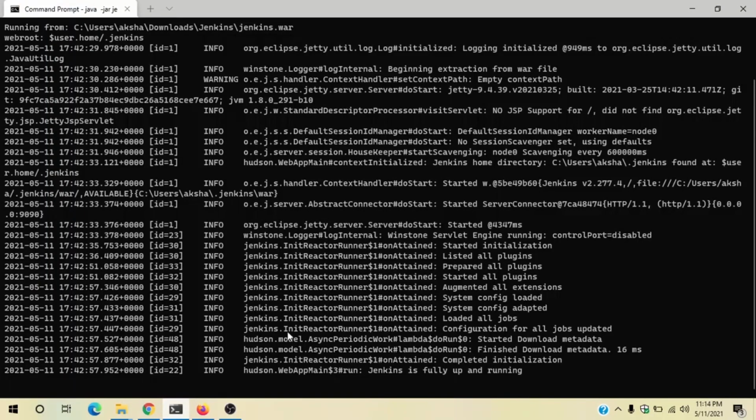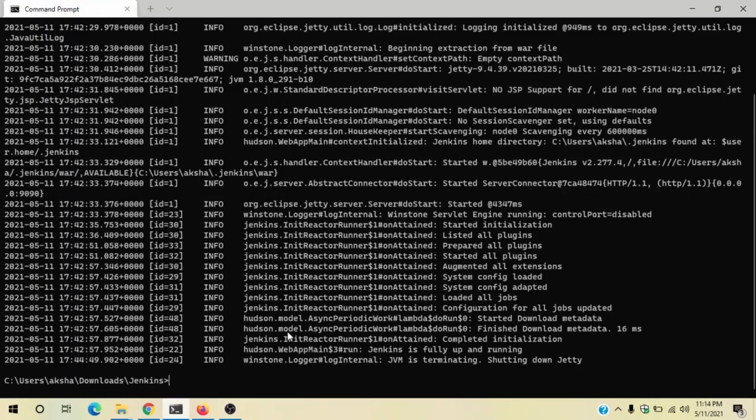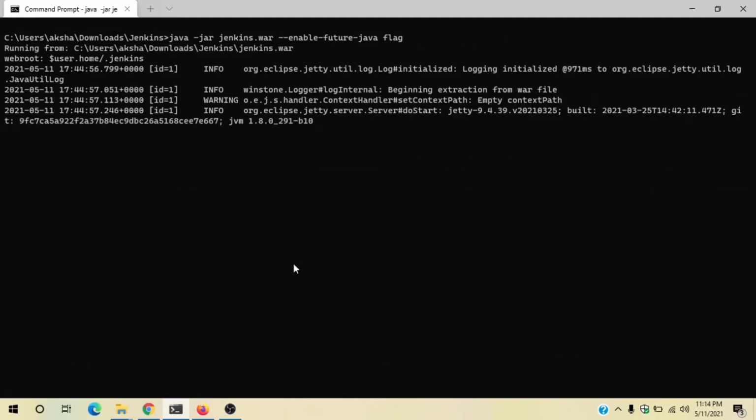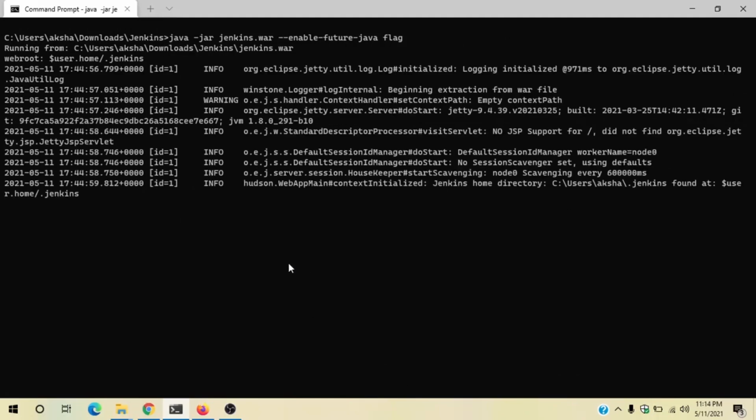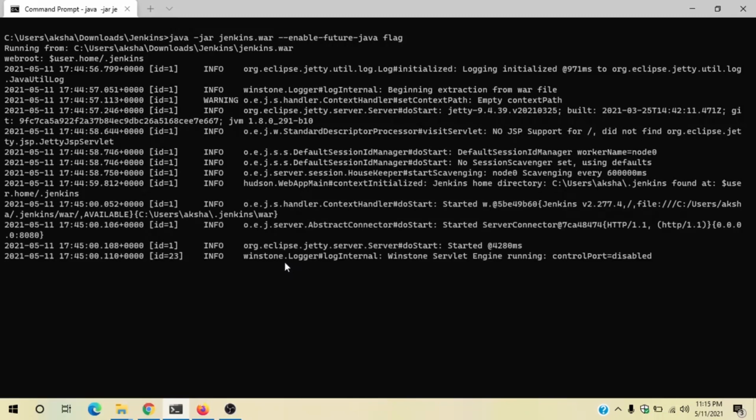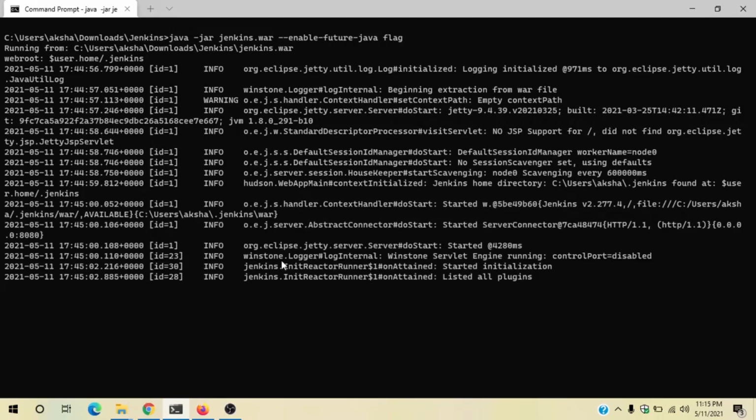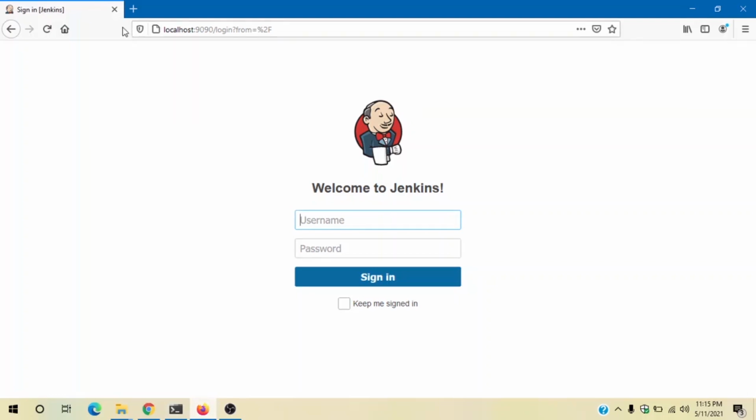I'll go back to my terminal window. I'll close this, clear my screen, paste it here and hit the enter button. Now when I refresh this window, this should work and I should be able to get all the plugins.